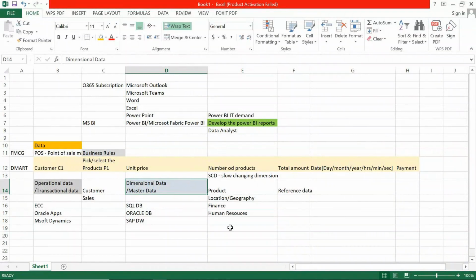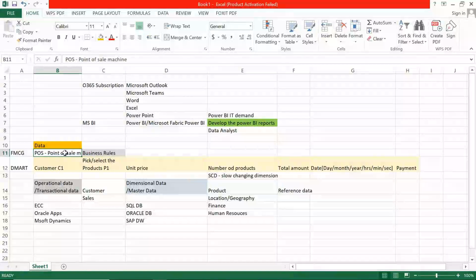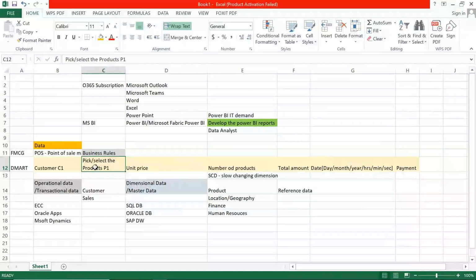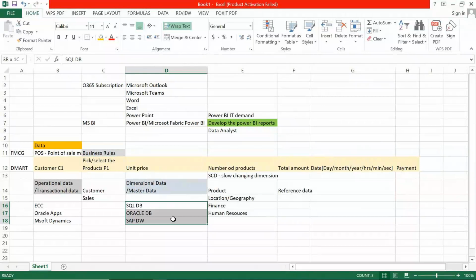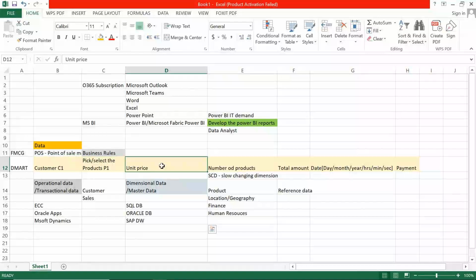Okay, what happens now is that when a customer comes, the executive performing this activity enters the customer name and the products the customer selected. The products are referred from the master data, and while referring, it will get the unit price of that product, because unit price is defined as a standard price. If at all there are any offers, seasonal offers or festival offers